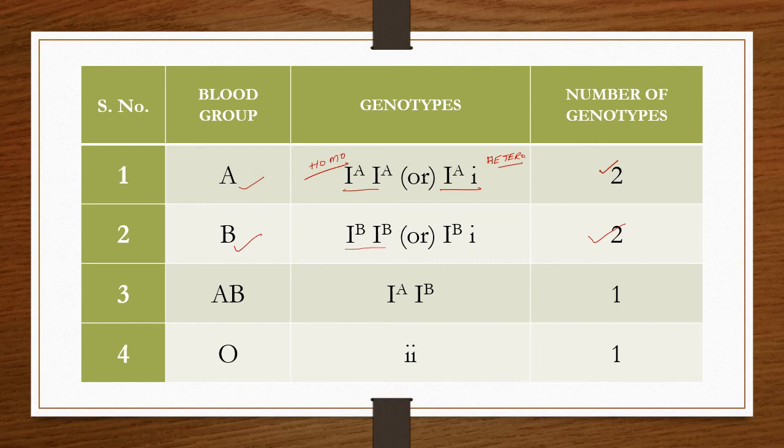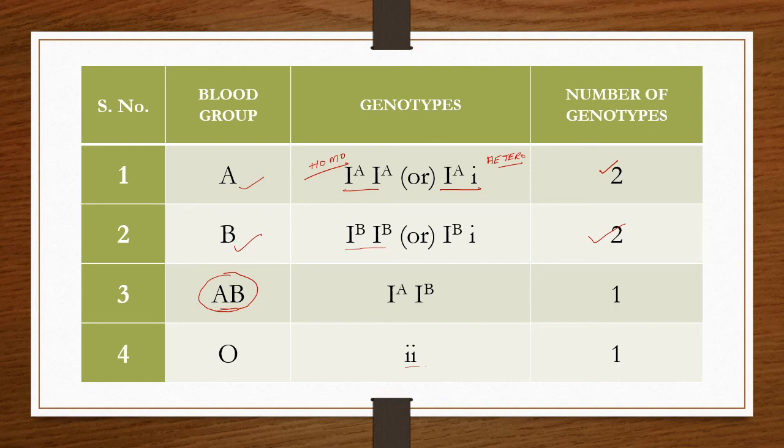We already discussed the AB blood group in the previous video, where both the characters are expressed. So the AB blood group is the example for codominance. And the O blood group has only one genotypic form, that is small i small i. Small i is recessive and does not express the character when it is present along with A or B. As we discussed in codominance, A and B can synthesize the sugar polymer, but the small i recessive gene cannot produce the sugar polymer.